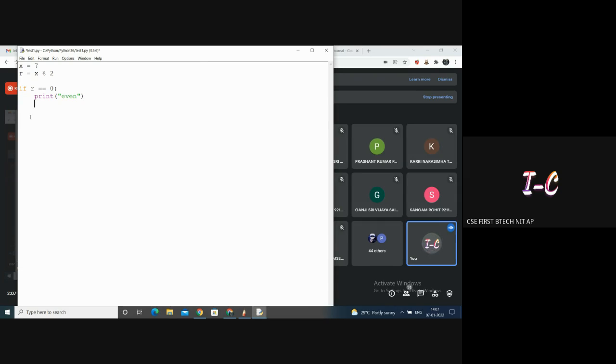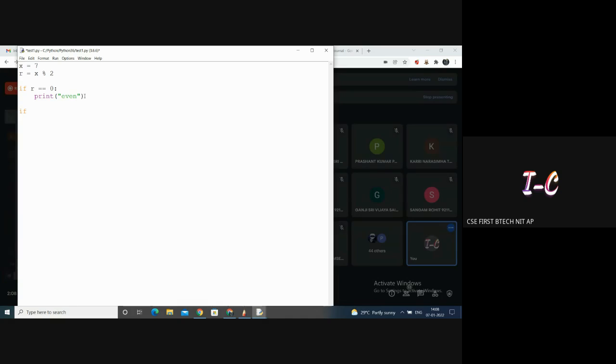After this, if you want to come out of this if block, then you just have to backspace, and then you come out of this block like this, right? If not, if you are typing print even, and after this you are,